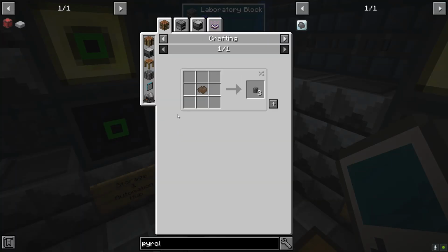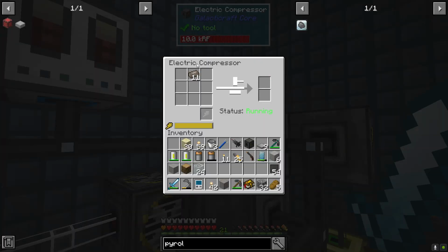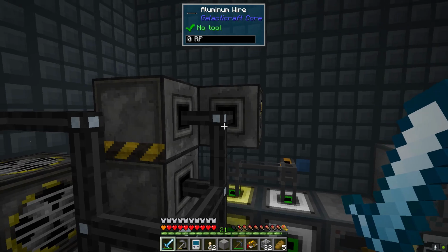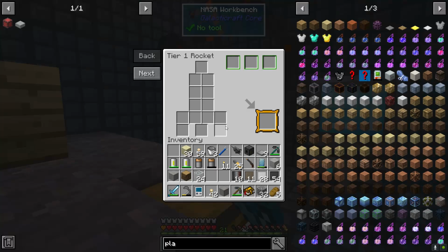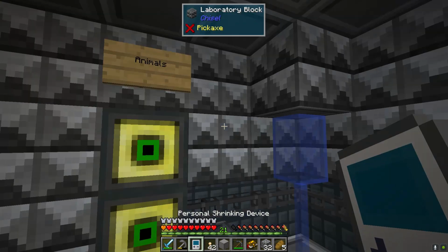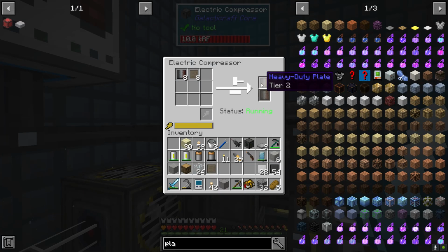We are up to 11 meteoric iron, so we don't need that much more, but we're going to go ahead and get a few meteoric iron ingots, or compressed meteoric iron, just really quick. We've actually got 10 heavy duty plates left. Yeah, let me grab those, because we're going to need 10 for the core of this. So we'll go ahead and get those running, and that way we can get our first tier 2 heavy duty plates,